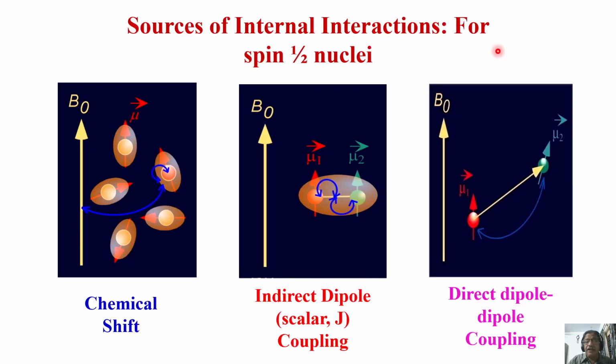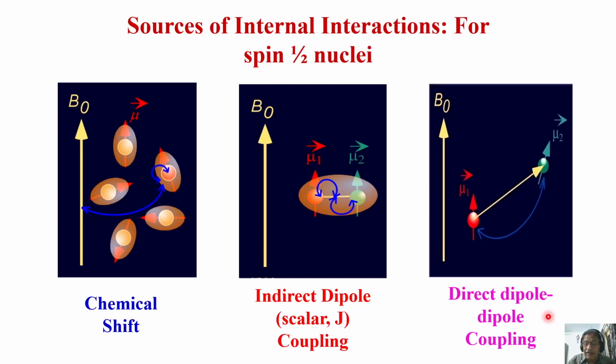And the next one is the dipolar coupling, which I said is a through-space interaction. In these two spins, there is a covalent bond here. Here there is no covalent bond between this and this. The interaction is going through space. This is called dipole coupling. Nuclear spin is a dipole, remember I told you. And this dipole-dipole interaction is taking place directly. This is called direct dipole coupling, dipole-dipole coupling, also called dipolar coupling.